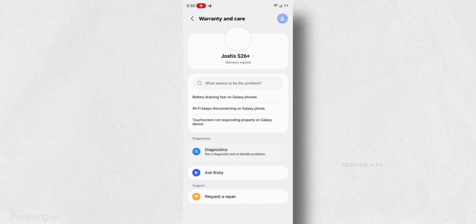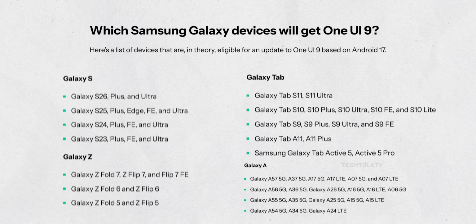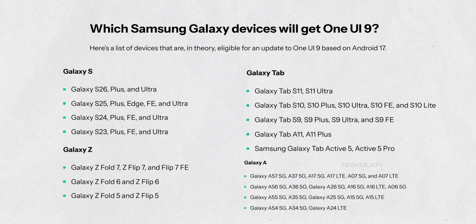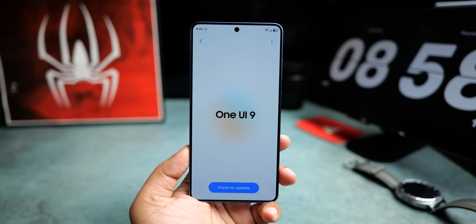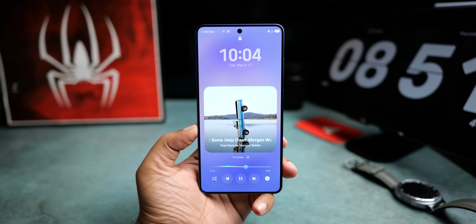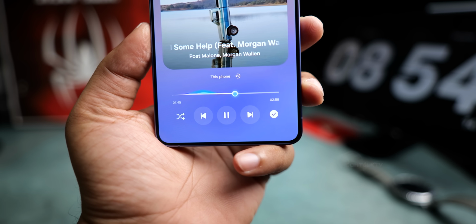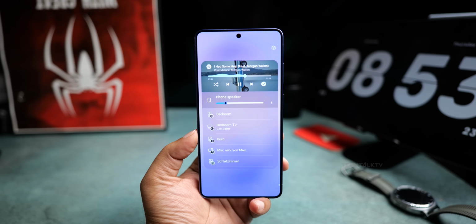from your phone. Samsung still hasn't officially confirmed which devices are getting One UI 9, but based on Samsung's update policy, these are the Galaxy phones and tablets that should get the new software. The Z Fold 8 is expected to be the first phone to launch with the stable version in July, and the beta could show up on the S26 lineup as early as next month. So those are the 15 biggest One UI 9 changes we know about so far. And since the software is still being developed, Samsung will almost definitely add even more stuff before the final version